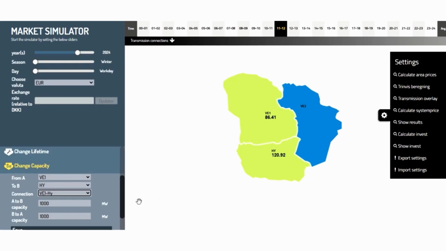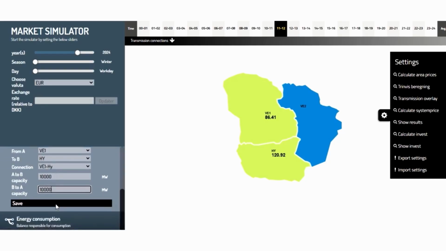But what I do here instead is that I say now I want to change the capacity to 10,000 megawatt. Then I'm sure that there will be no bottlenecks in the system. I do the calculation here. You can see there are no bottlenecks. The prices are the same in the two areas. And then I click here on